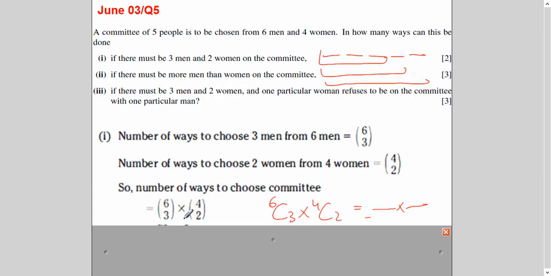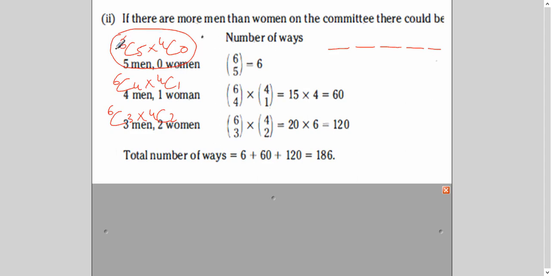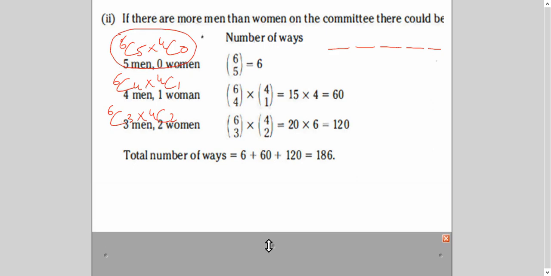Whereas in the previous case, when you were selecting 3 men and 2 women, your team was not completed. You only selected 3. So maybe you have selected A, B, C, and from here, this. Or maybe you have selected A, B, C, and CF. So that's why we multiplied here. But in this case, my team is complete here. So these are different situations in which I'm completing my team. So that's why we are adding up the result.